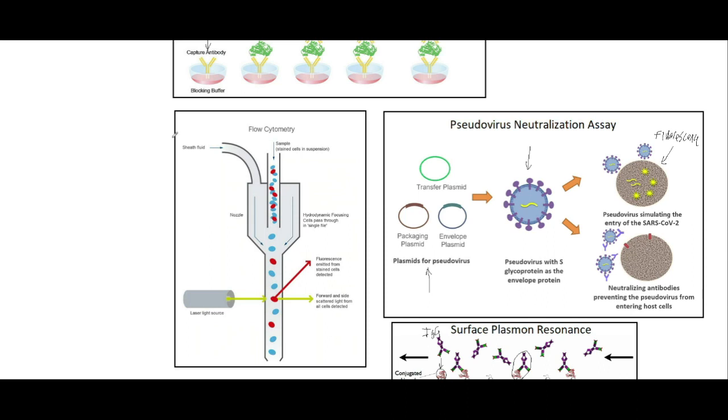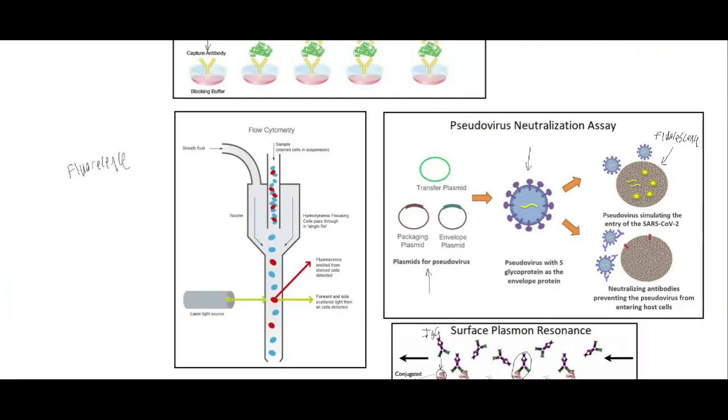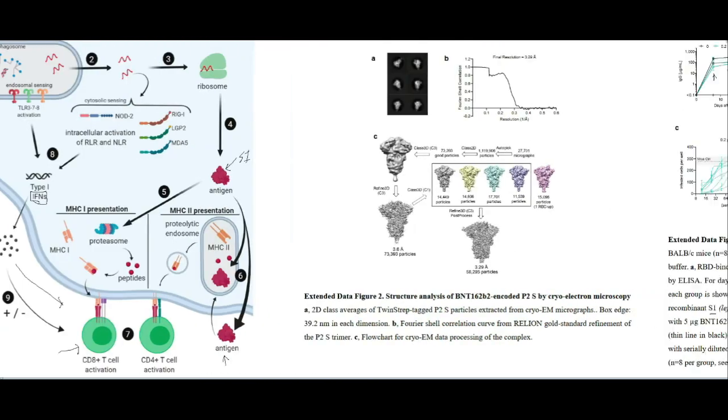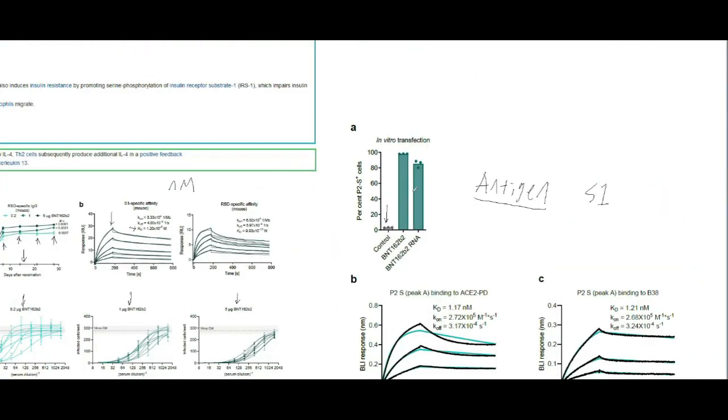The antigen in these cells is actually labeled with another fluorescence, and so you can measure as your cells move through this really tiny tube, one cell at a time, you are shining a laser on it and actually measuring the amount of fluorescence. And so that's what they were measuring in that part of that figure there, was the fluorescence of the cells